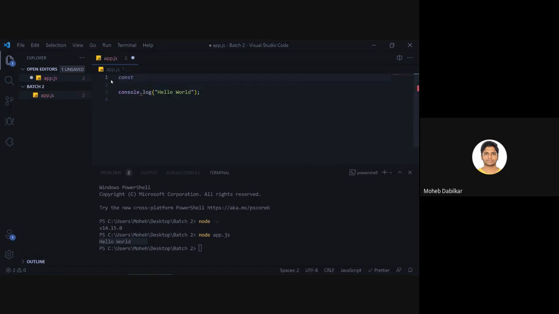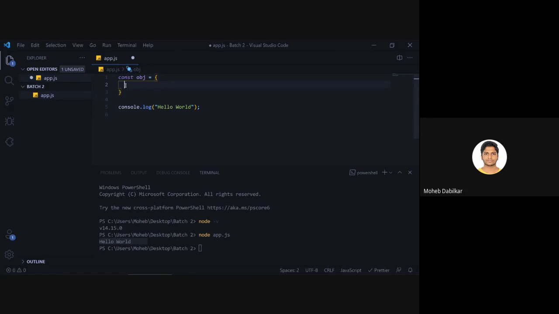You can pass in objects inside this also. So you say const obj equals, and then inside the curly brackets you describe your object. So what is an object? Now you, being a human, are an entire object. That object has a name, a weight, age, class, gender, and then you also have many things like your height, personality, which college you went to, which board you studied in, and all that. So that is an object.